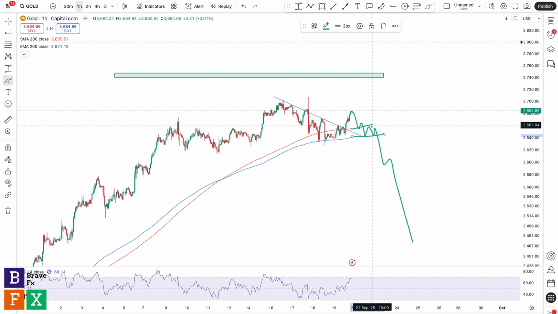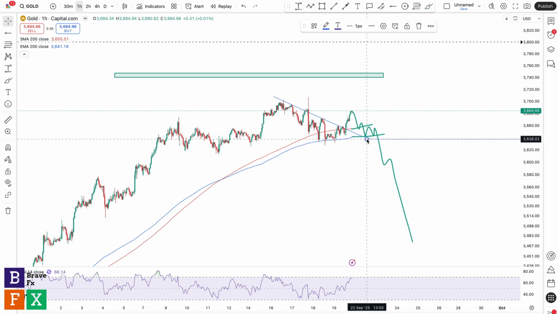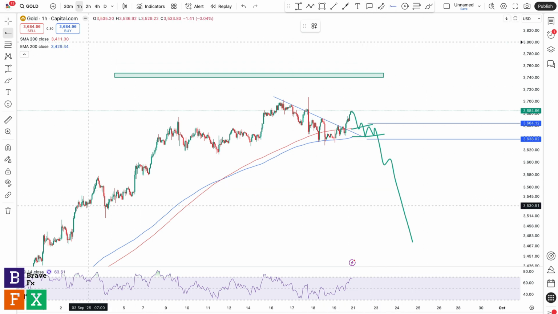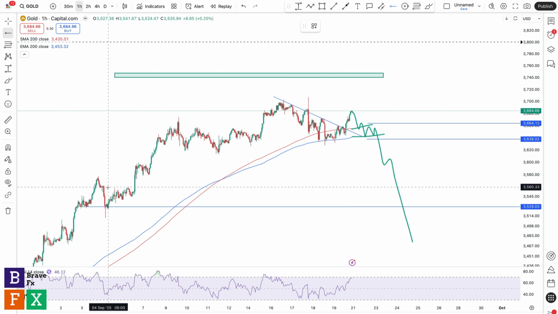So if we get something like this followed by a breakout closing below the 200 EMA and SMA on the 1 hour time frame, then I think you've got a good case to go short. Stop loss placed above the consolidation within the moving average, and you can trade your positions to go lower. First take profit target could be as low as this area of value